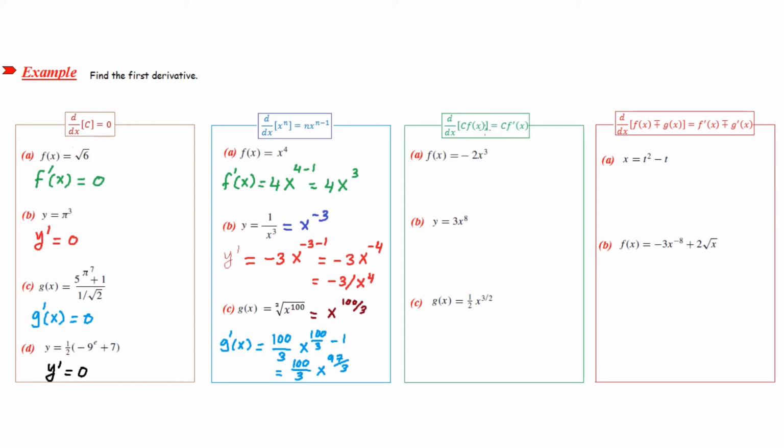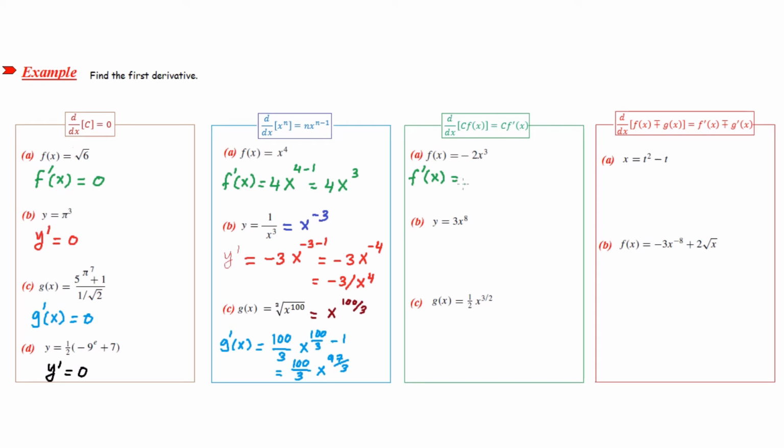Next technique is when you have a constant multiplied by a function. So you have to put down the constant and find the derivative of the function. So for the first one, we have f of x equals negative 2x to the power 3. You have to put down the power and multiply it by the coefficient negative 2, and you have f prime of x